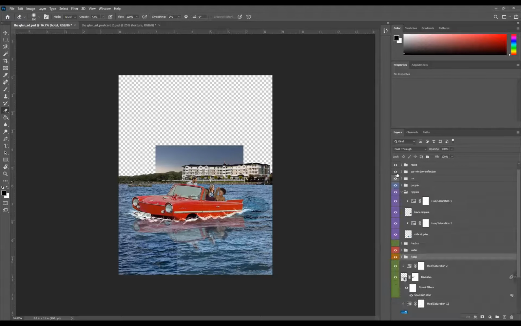I'm doing that with all these different elements of a photographic image that you would normally find appealing, such as the car window reflection, something as simple as that, reflecting this man's body through the window so that it really looks like he's behind the wheel of this car. Or taking the people and messing with their colors, their hue and saturation, so that they all look like they were photographed in the same place.